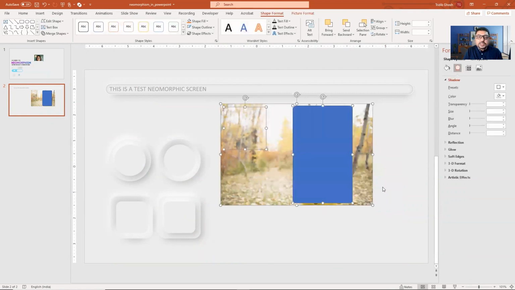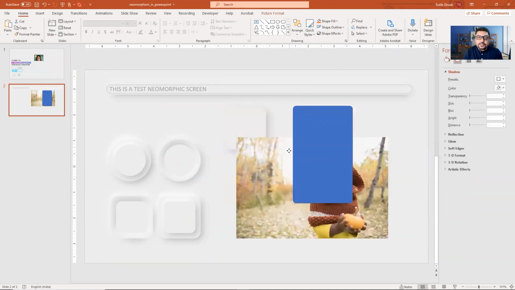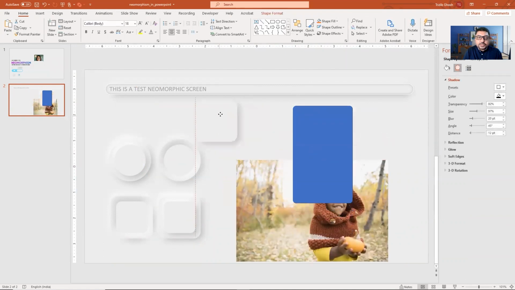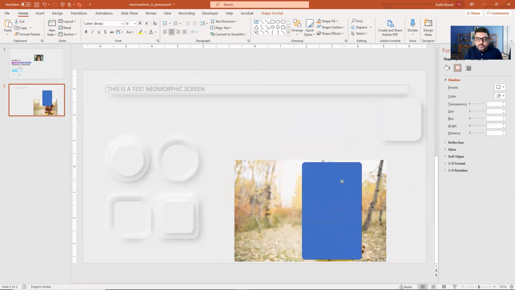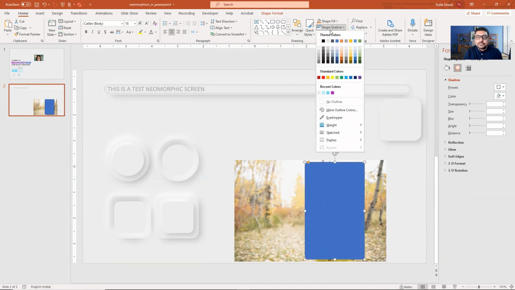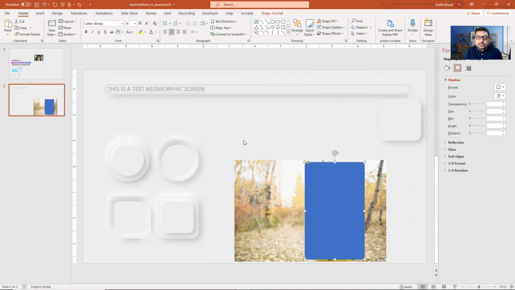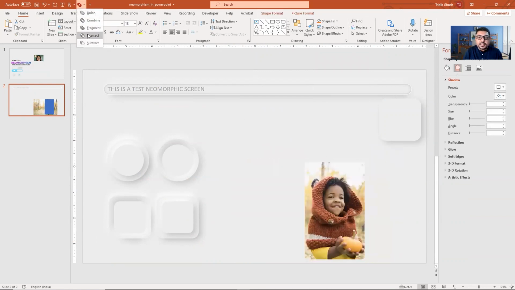I will select both the shapes. Oops, I have an object over here, so let us just move it. So first of all, I again forgot, remove the outline, select these two objects and go to your shape and say intersect.